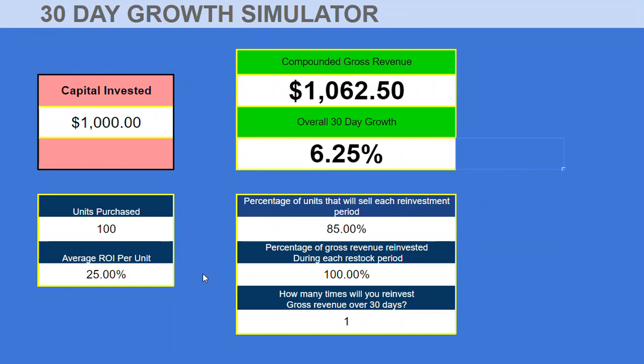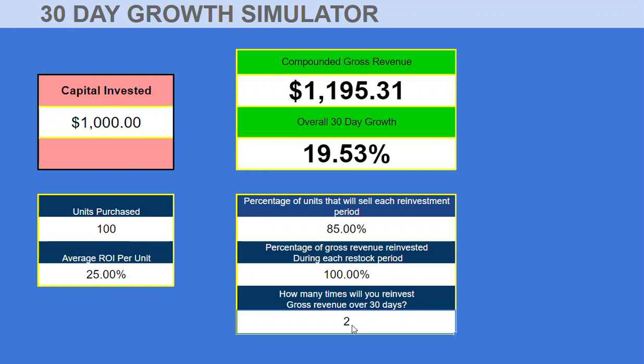So we know that low ballers combat this problem by not focusing on average ROI per unit, but they focus on how many times they can flip the revenue. So if you can flip your revenue at least 2 times in a month, you start to combat that problem. You get back up to almost to where you're sourcing at. You really want to do better than that.